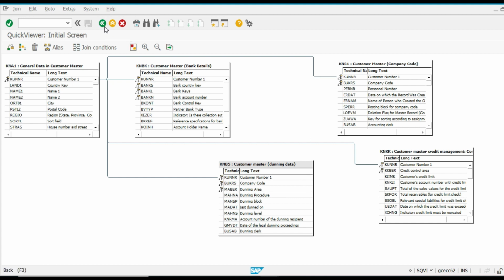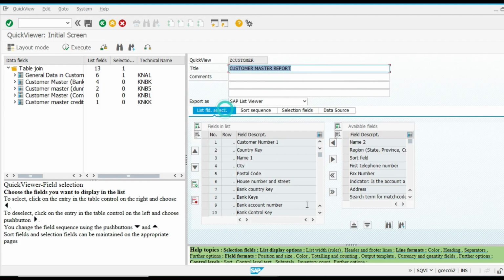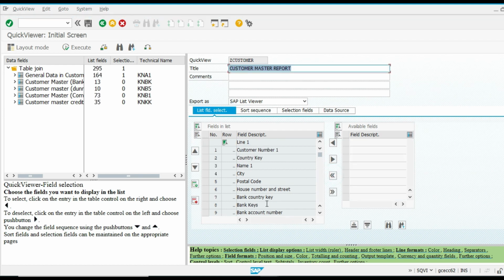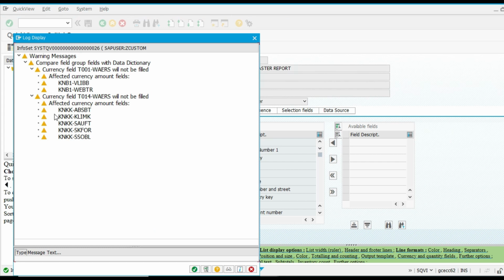Why is a duplicate record coming? For checking that, I am going to add all the fields and execute. It's okay, no issue. KNA1, KNKK, KNB1. Maybe this is the area which shows the multiple values.